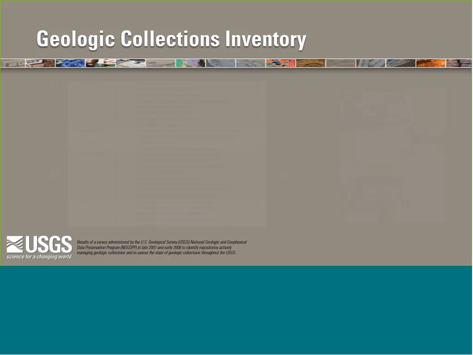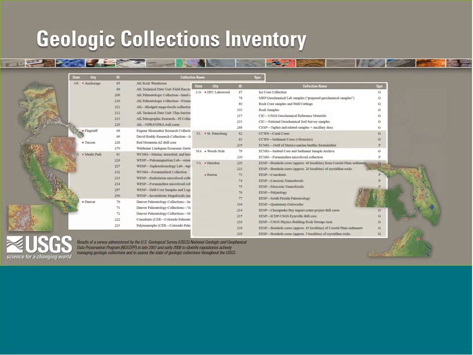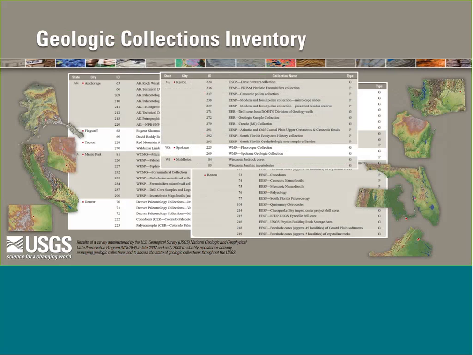The collections inventory was conducted using a survey administered by the USGS Data Preservation Program in late 2007, early 2008. Responses to this survey came from 9 different states, resulting in a listing of 65 distinct collections of geological and paleontological specimens. These range from ice cores to tephra samples, marine invertebrate microfossils, bedrock drill cuttings, coral cores, a whole gamut of geological collections that have been maintained and researched by USGS programs.